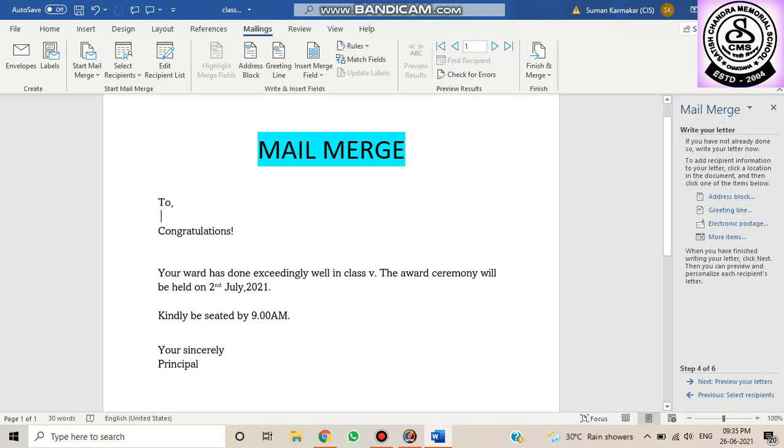Say after 2, if I click on address block, the address of the parent with the name of the parent will appear. Let's click on the address block. First you have to select with your mouse where you want the address block. Say in the second row I want the address block. So your cursor should blink over here. Okay, and I'll click on the address block.